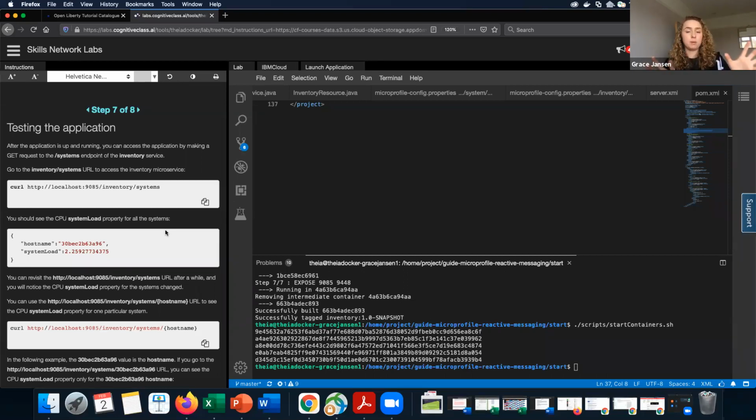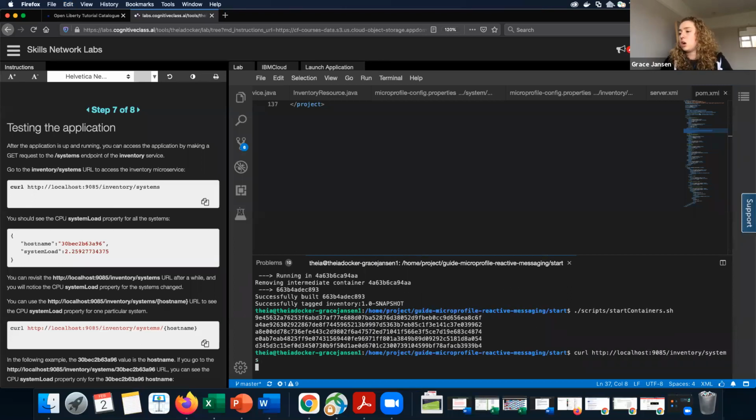And hopefully, if our application is up and running correctly and we've done all our annotations correctly, our inventory service should be pulling that data from Kafka and displaying it for us via this systems endpoint. That's what we're going to be testing with this curl command: that we can get that information from the inventory microservice through Kafka, originally from the systems microservice.